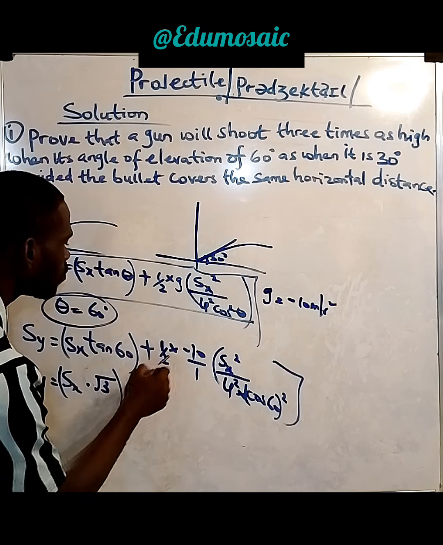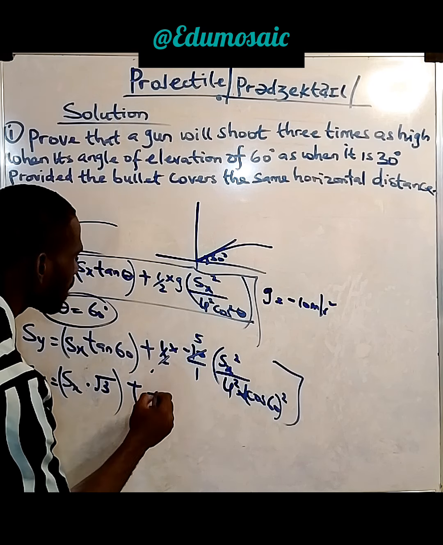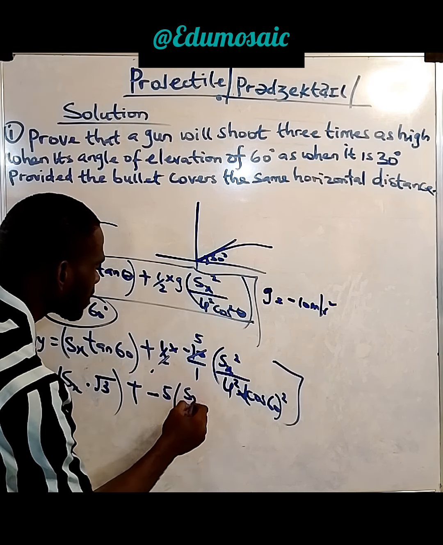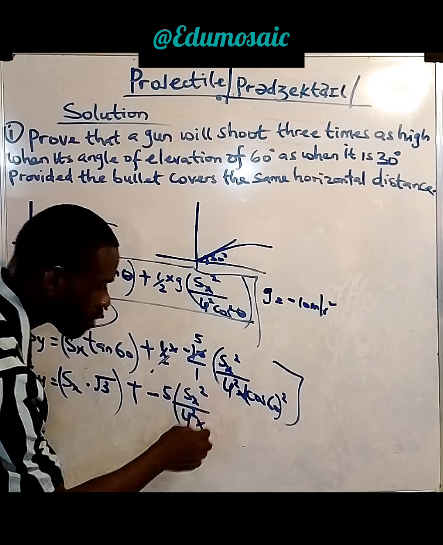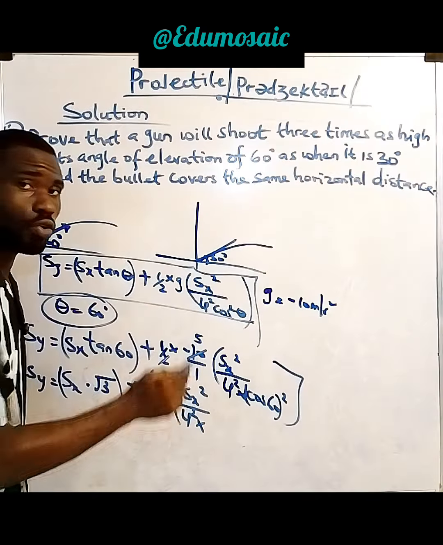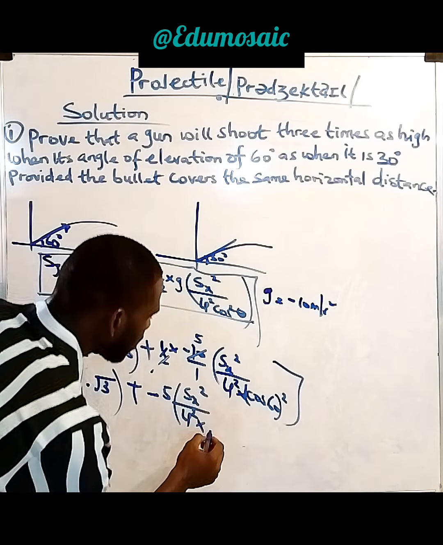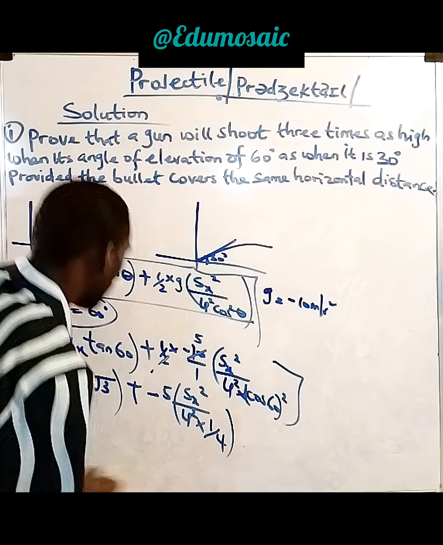Then plus 1 over 2 times minus 10, that's minus 5. So distance along the x-axis raised by 2 over u squared times, what do we have? Cos 60. Cos 60 is 1 over 2. 1 over 2 raised by 2 is 1 over 4. So what